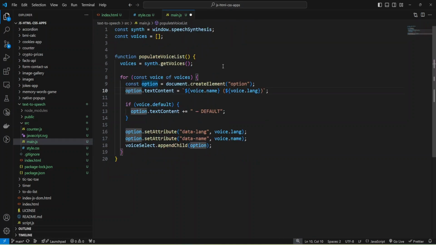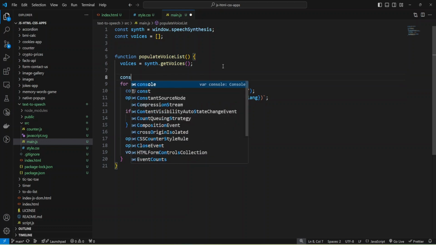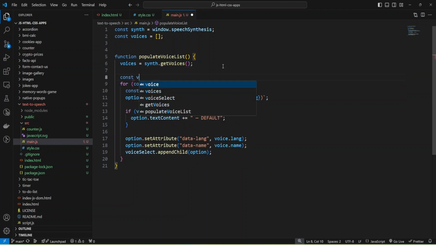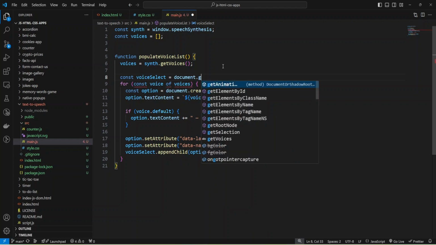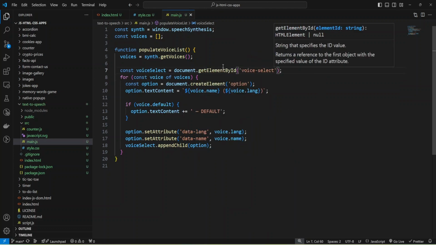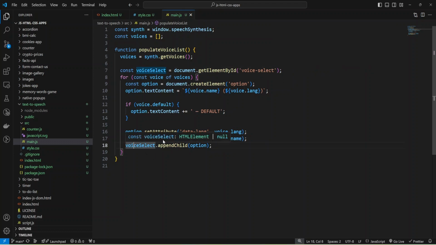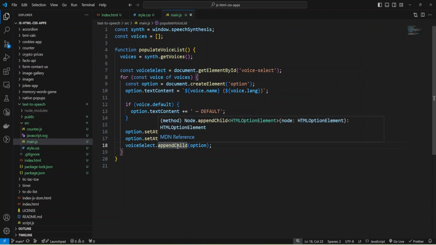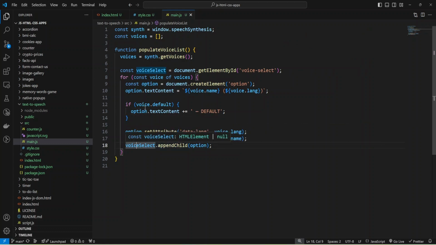I'm going to add a constant voiceSelect and use document.getElementById with my voice select ID. As you can see in the example, we append each option as a child to our voice select.